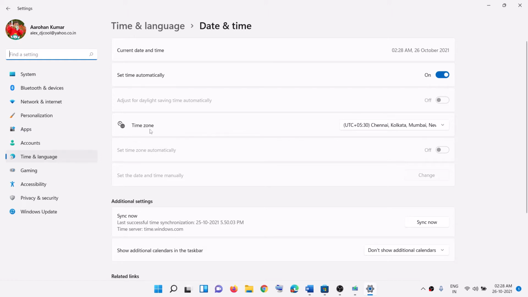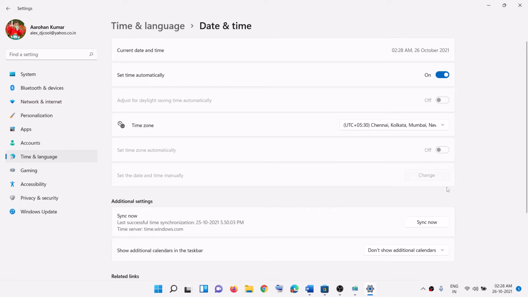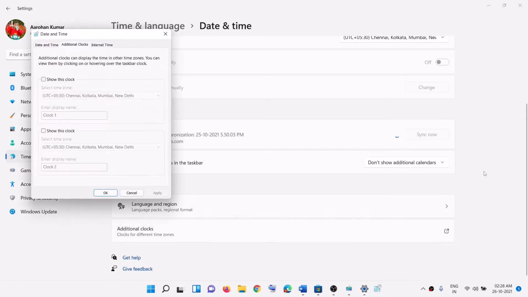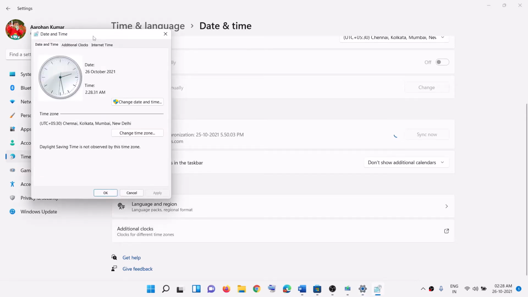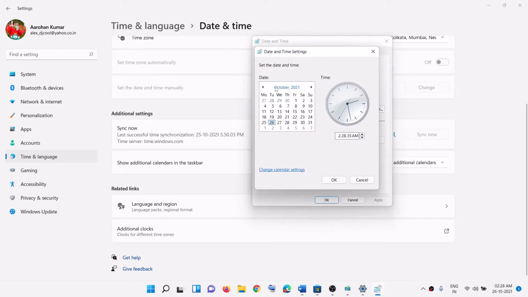And in Windows 11 you can go ahead and select the time zone from here, and then you can click on sync now. And if you want to make changes you can click on additional clock. On Windows 10 you will find the option somewhere on the right hand side, so click on it, then go to date and time, and then click on change date and time, and you can change month and year from here. Select the right date and enter the right time over here,